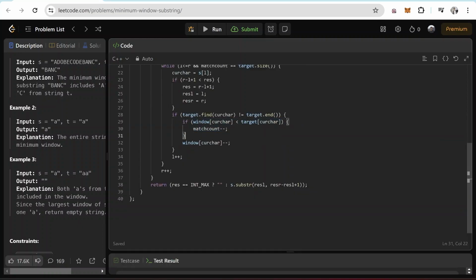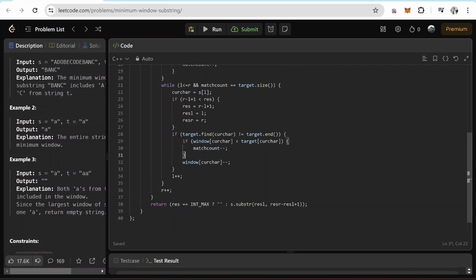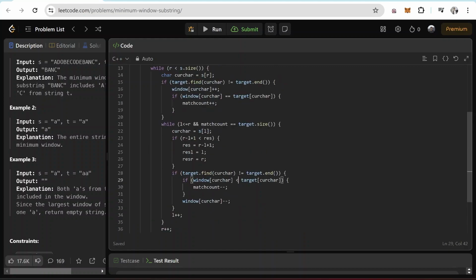Okay, so here, before decreasing the value of the character from the window, when I'm moving the left pointer, I'm checking if the frequency in window is less than the target. But here also I'll check equals to, because before decreasing the frequency, it will be equal only.